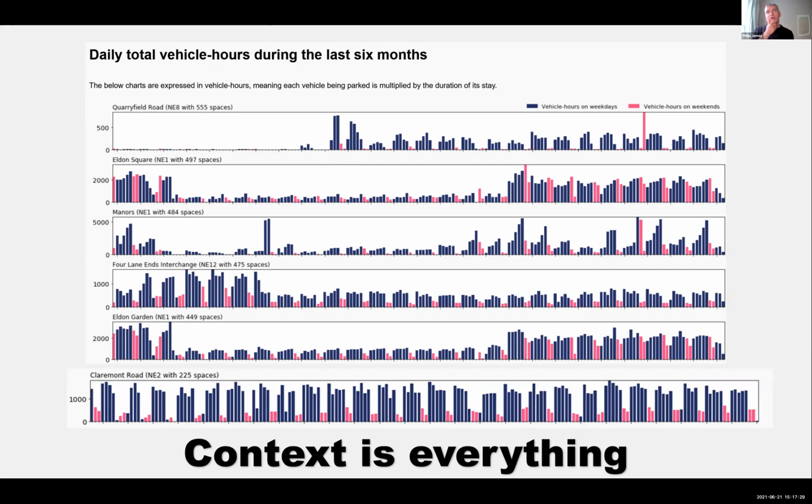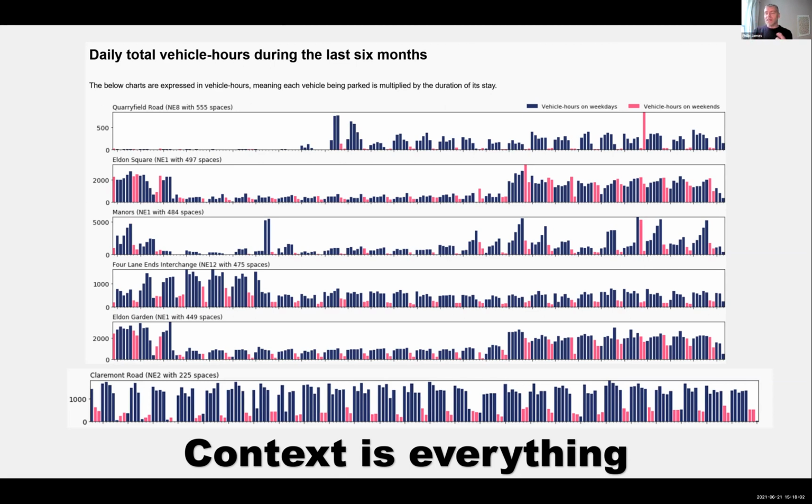This is data from car parks, or a number of car parks across the city. We monitor all of the car parks, so we know how many cars are in there. Interesting piece of data, and you can see there are some patterns there. This was just a snapshot I did a week or so back off the website where our data is published. Point is, it looks interesting, but without capturing context, which is really hard to capture, some of